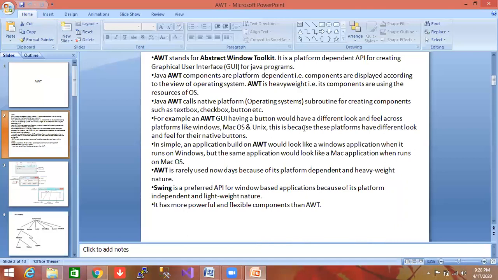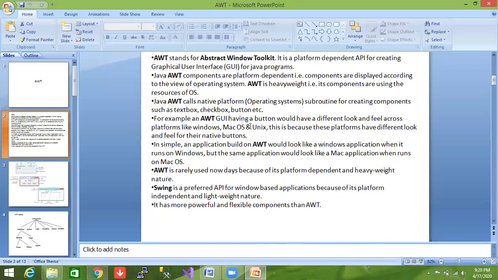This is because these platforms have a different look and feel for their native buttons. Each operating system has its own design and look and feel of GUIs.